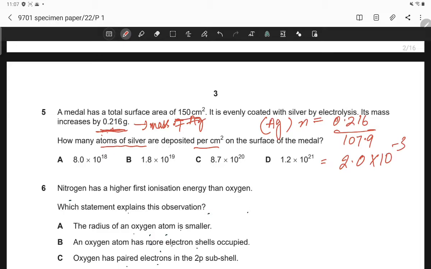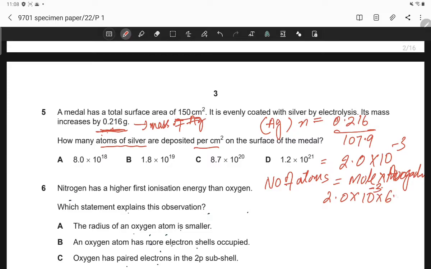Now, how many atoms of silver are deposited? The number of atoms is equal to moles into the Avogadro number. So this is 2.0 into 10 raised to the power minus 3, into 6.02 into 10 raised to the power 23, which is equal to 1.205 into 10 raised to the power